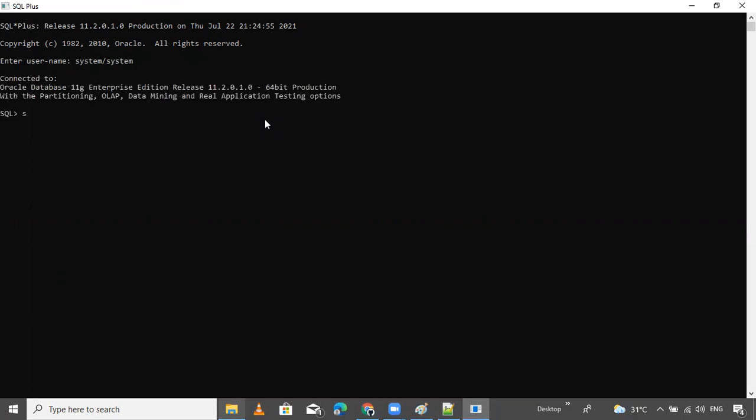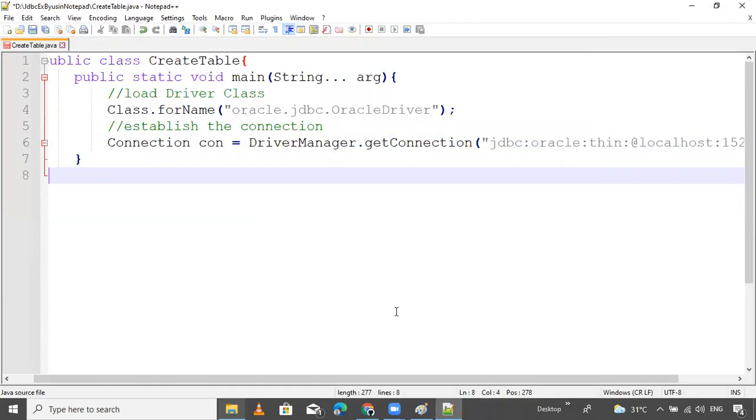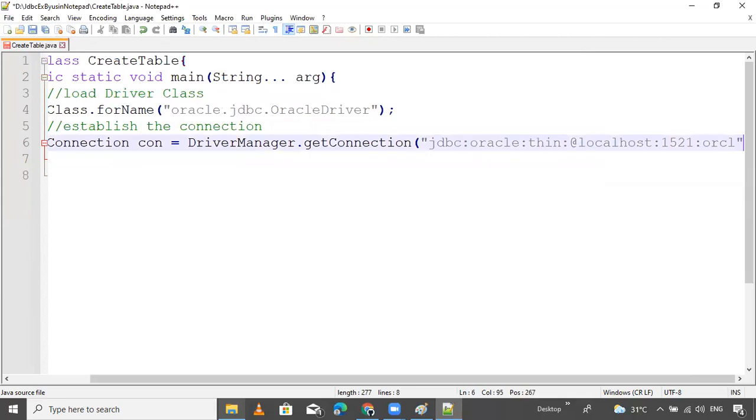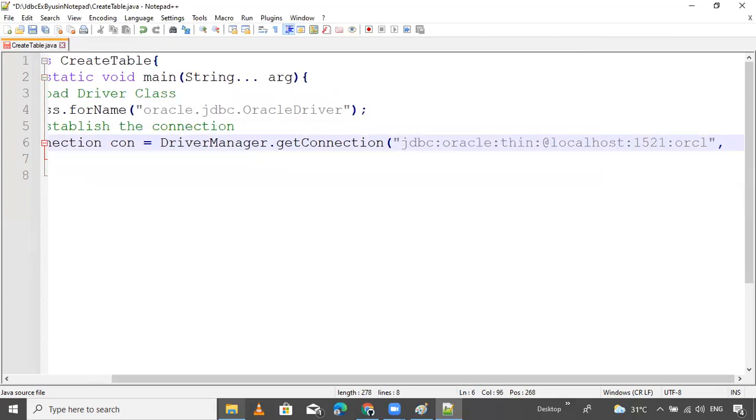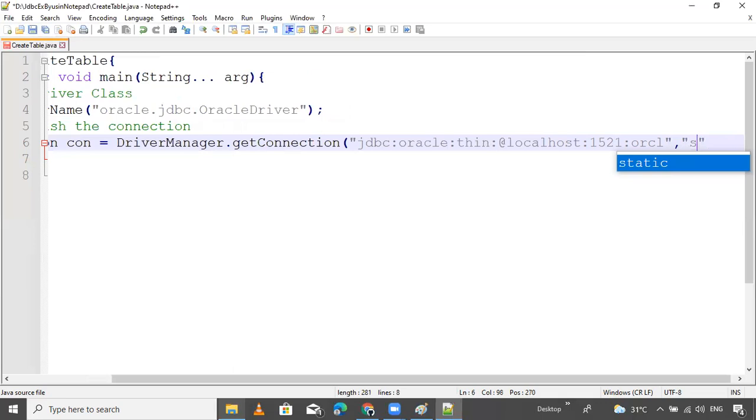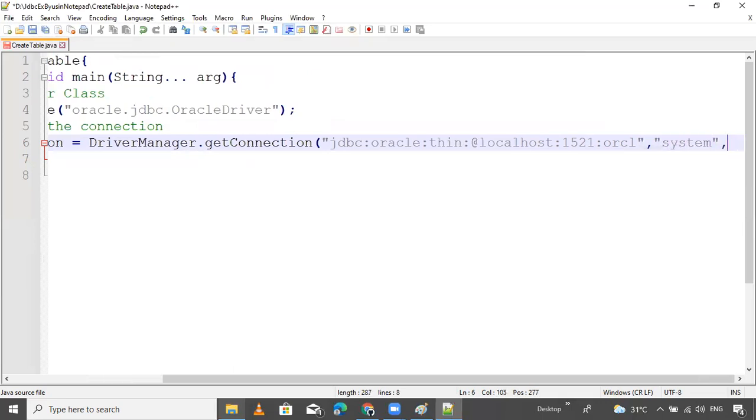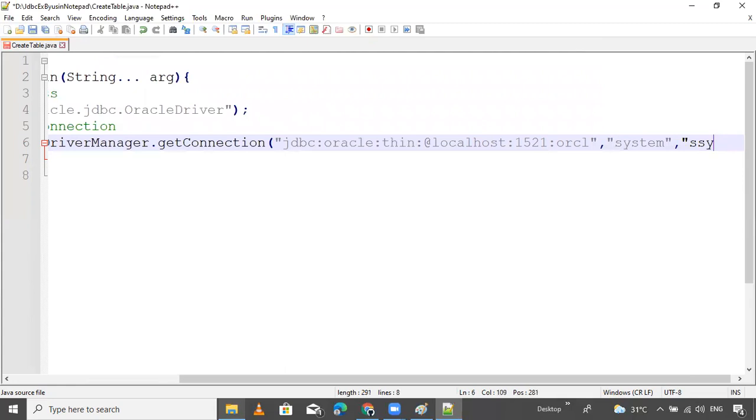And select: I want to check which service ID my database is supporting. Select star from global underscore name. Hit enter. ORCL. You will get the global name ORCL. This is the way. So now comma, system here is the username, and here is the password, system.